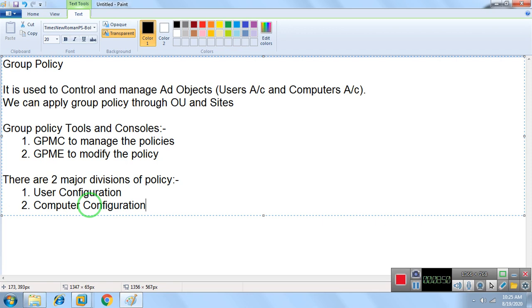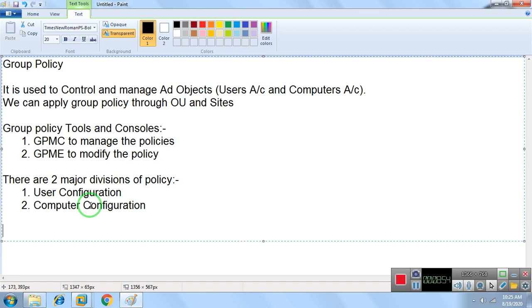Now if we talk about group policies, once you install servers in a particular system or in a particular virtual machine, by default, when the server works in a workgroup, the local group policy is working.